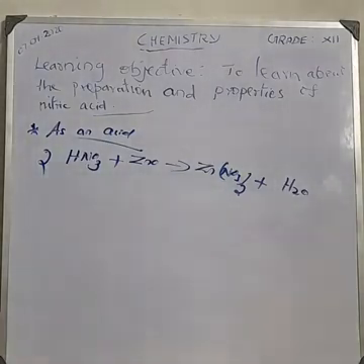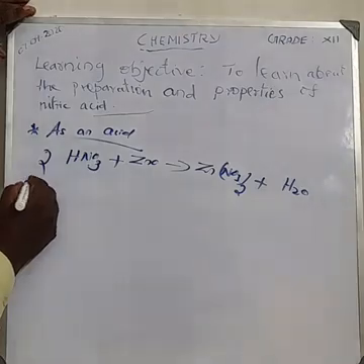How is zinc nitrate prepared? By the reaction between nitric acid and zinc oxide we get zinc nitrate and water. Next one, as an oxidizing agent. Okay, nitric acid, already I told you about that. It is an oxidizing agent. Nitric acid